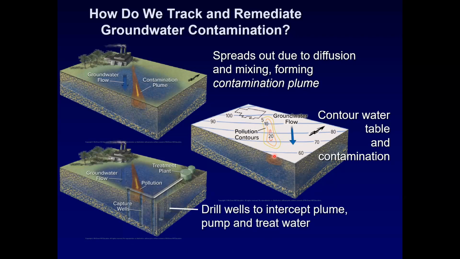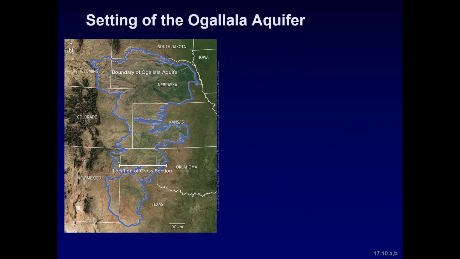After that, say we could drill wells to intercept that plume and then pump out that contaminated water and treat it at a wastewater treatment facility perhaps, and then it could be discharged as clean water somewhere else, or it could be disposed of. Treatment is preferred. Okay, let's look at an actual aquifer, a huge one, extending from South Dakota, Wyoming, down to